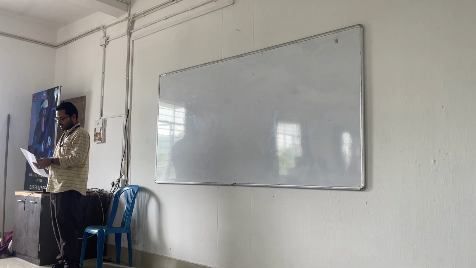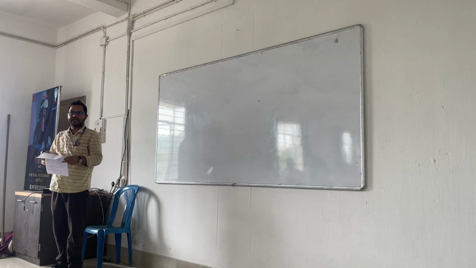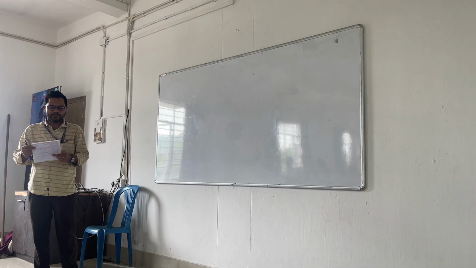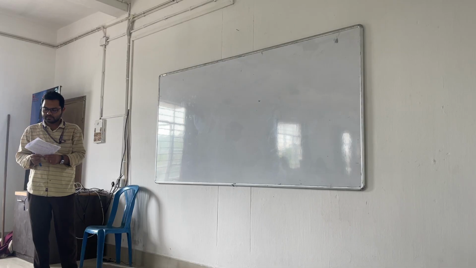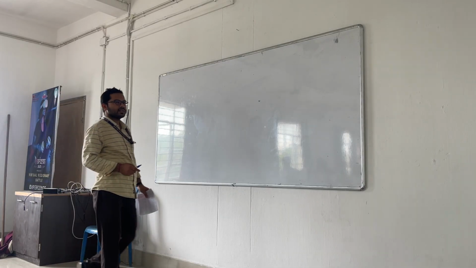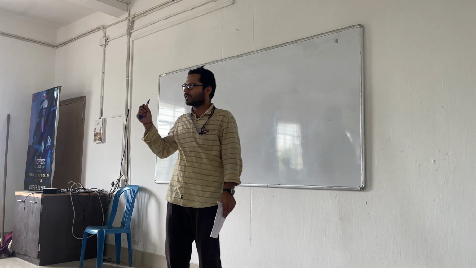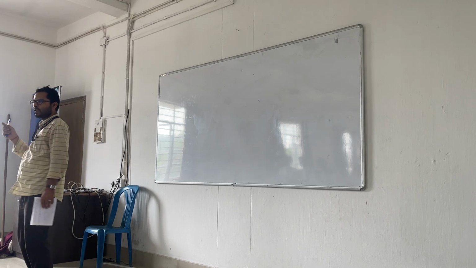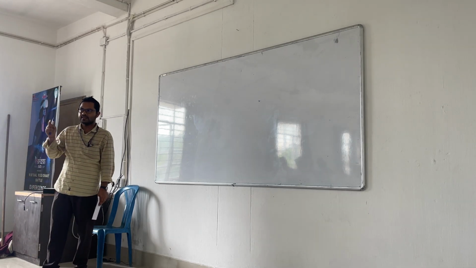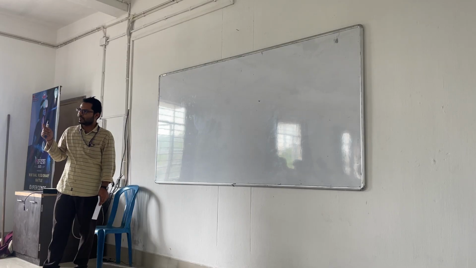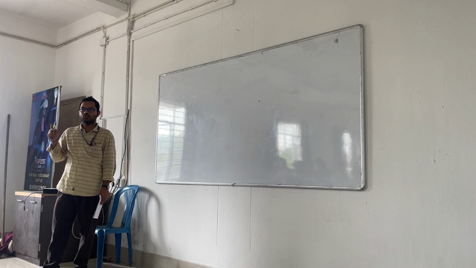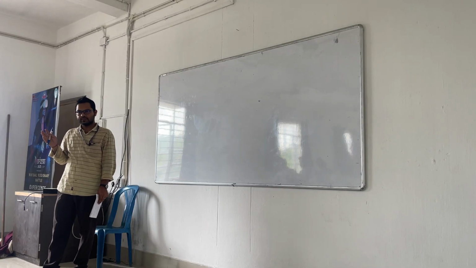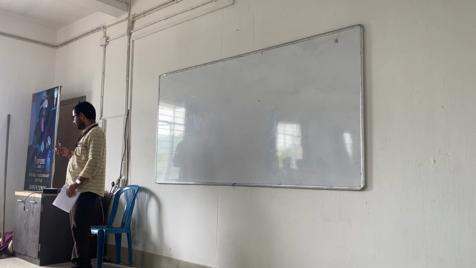Last class we discussed signed binary numbers, and the methods to represent them. There are three: first, sign magnitude representation; second, one's complement representation; and third, two's complement representation. Three have not been completed yet, two's complement is still left.